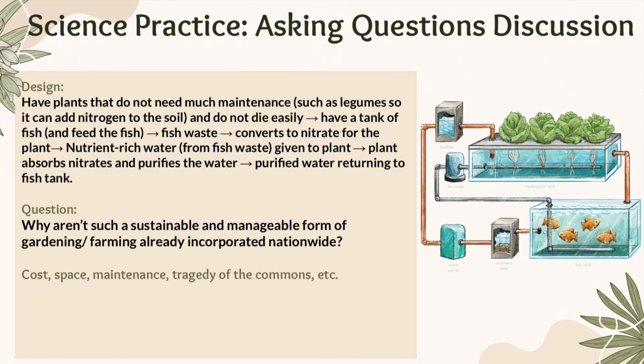Nitrate, which is in the water from the fish waste, is given to the plants, and the plants absorb the nitrates and purify the water. The purified water is returned to the fish tank, and the cycle repeats over and over and over. A question is why these forms of gardens